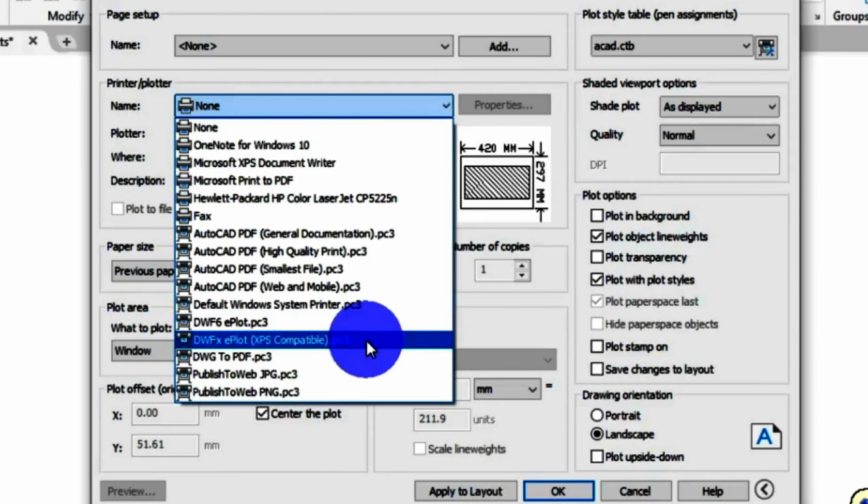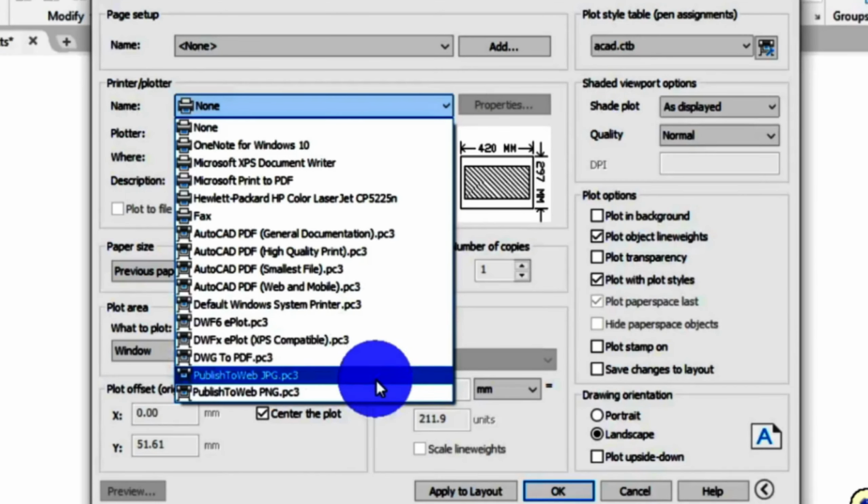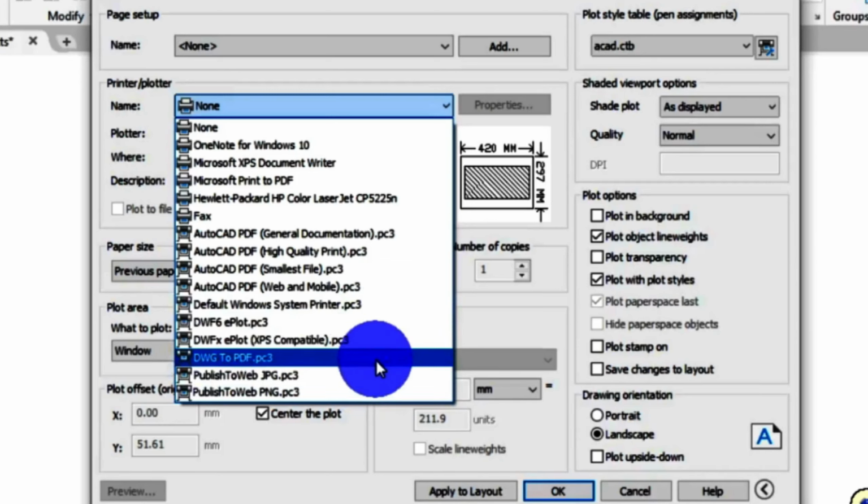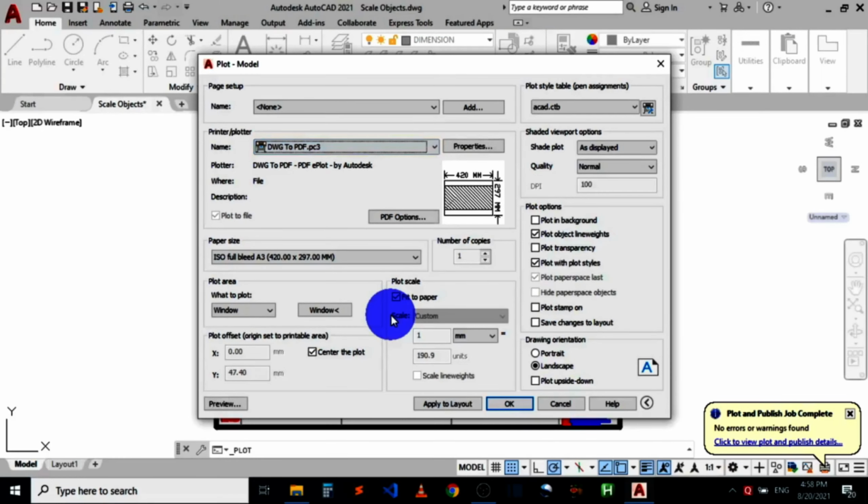There is no printer currently connected to this computer system, so I'm going to choose DWG to PDF. That is, I'm going to print this AutoCAD file to PDF. This is the same method on how to print an AutoCAD file to PDF. I already made videos previously on how to print AutoCAD files to PDF. I'm going to leave a link down in the description section that will show you how. I'm going to click DWG to PDF.